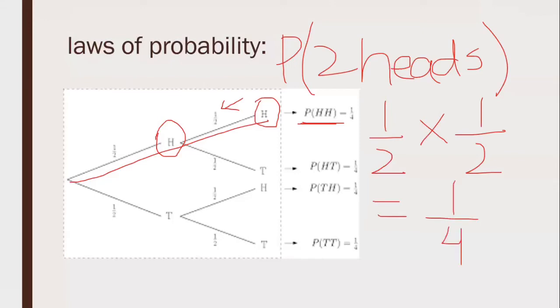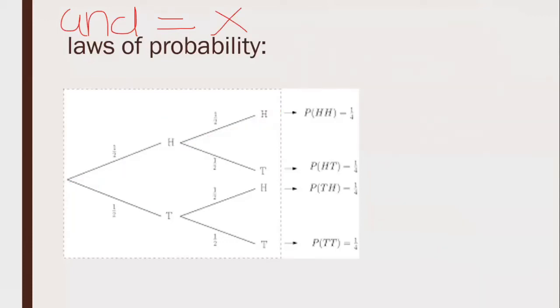Why are we multiplying? Because in order to obtain two heads, we first need one head and we need the second head. So when there is an and coming in between, it means we need to multiply. First we needed one head, and we needed the second head to make the combination of two heads, and that's why we multiply the probabilities of getting each head to get the combined probability of getting two heads. You can simply write it down in English like I did: in order to get two heads, I first need one head and I need another head, and that's how I know that I need to multiply these two probabilities.